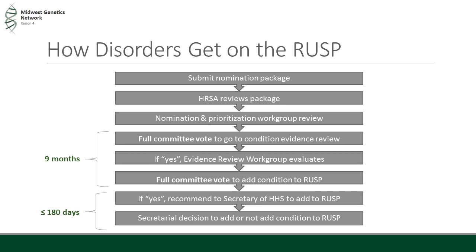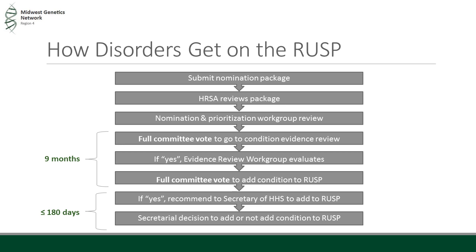So this slide illustrates the steps needed for a disorder to be included on the RUSP. To begin, a disorder must be nominated and a nomination package submitted that includes, but is not limited to, information on the natural history of the disorder, treatment effectiveness, and the availability of a suitable screening test. The nomination package is then sent to a nomination and prioritization work group that assesses whether the disorder seems to